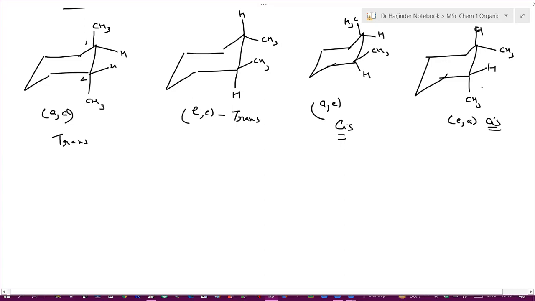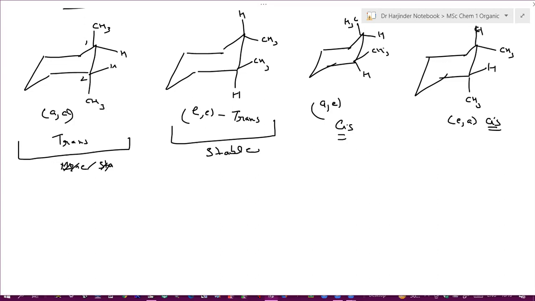Now in the most stable conformation, it will exist in which form? Cis or trans? Trans is most stable. So out of cis and trans 1,2-dimethyl cyclohexane, trans is more stable. Sorry, not this one, this one. This is more stable because in this case both bonds are present at equatorial position, as compared to cis in which one is axial and the other is equatorial. So this point is clear?